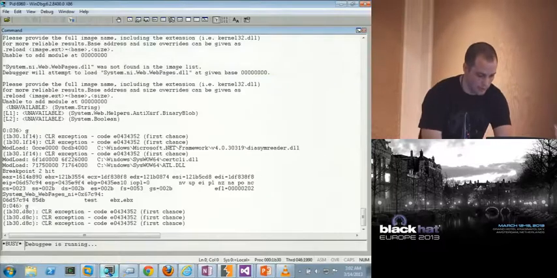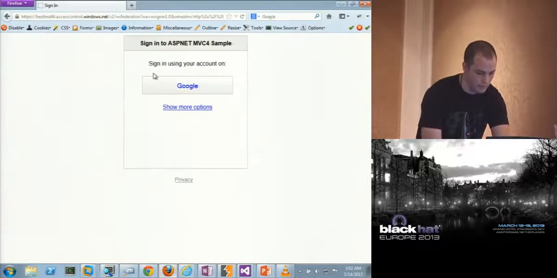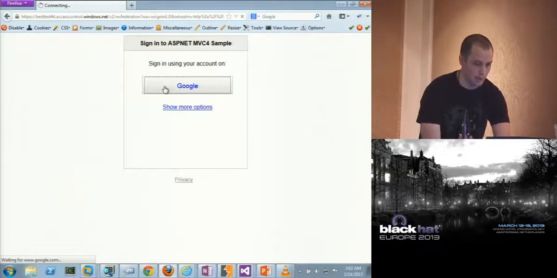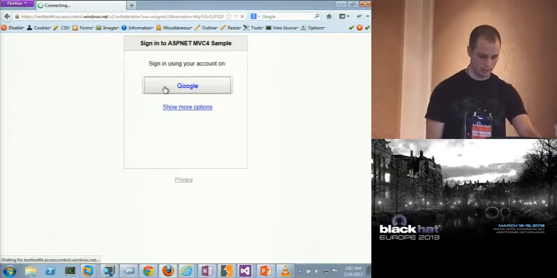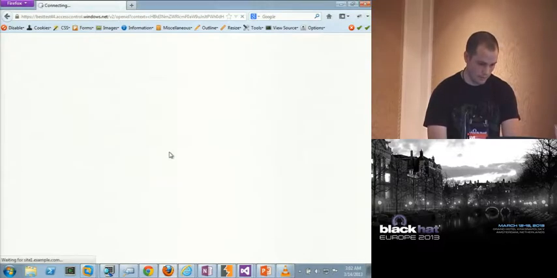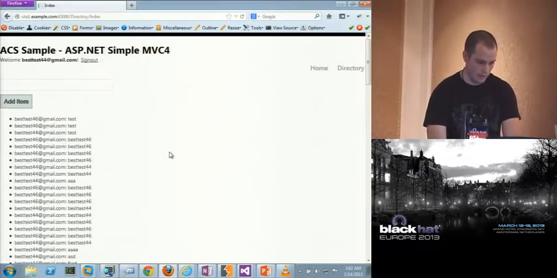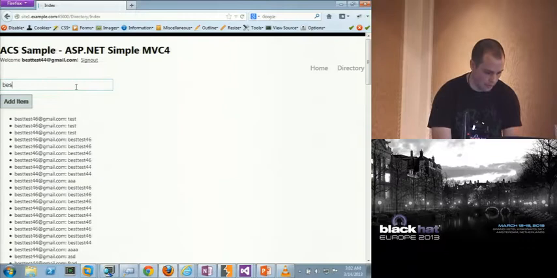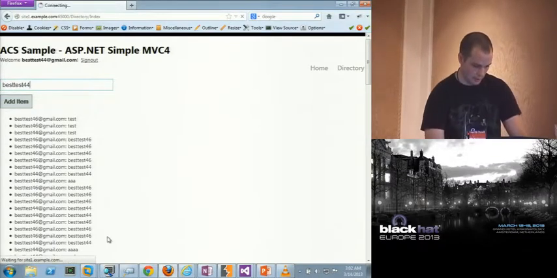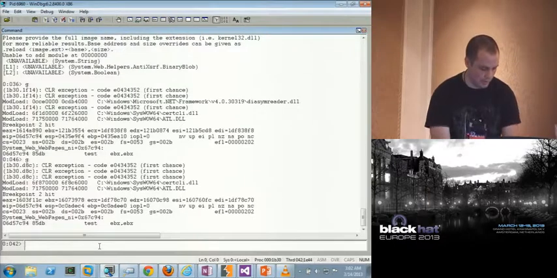We hit this breakpoint, hopefully. Oh, I'm unauthenticated. So when I make this request with best test 44, I hit this breakpoint, and right off it answers my question.